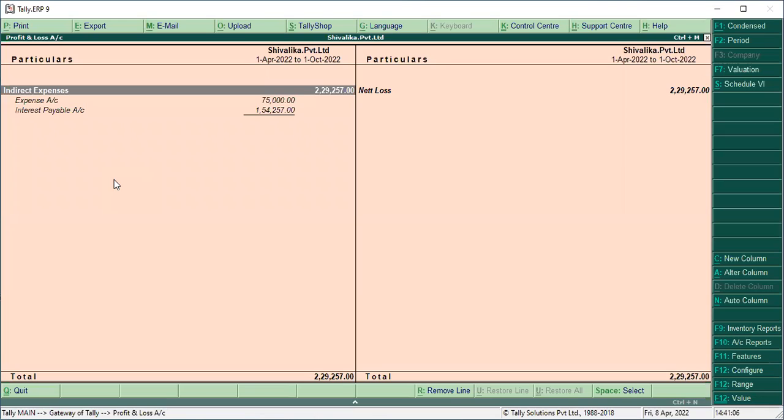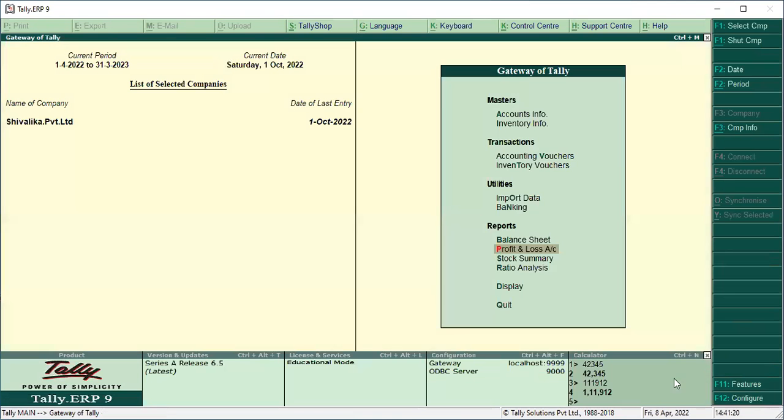Again, our loss will increase because we have paid another bill, that is the expense account 75,000. So we have a total loss because we haven't got any income in this particular dealing of the company, right? Understood here? Yes, sir. Okay, so just